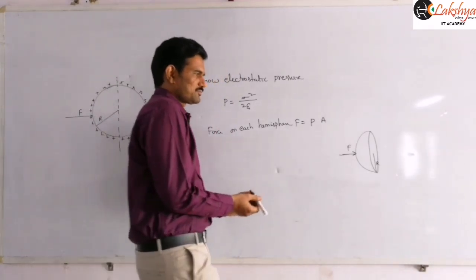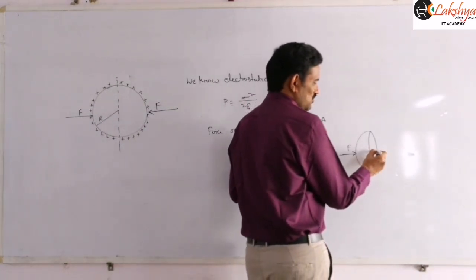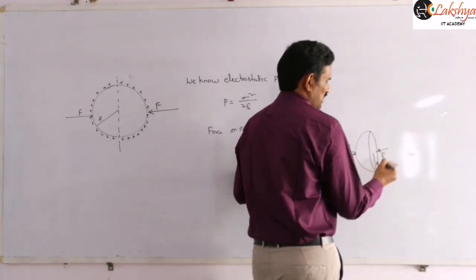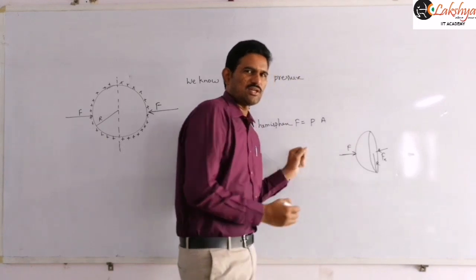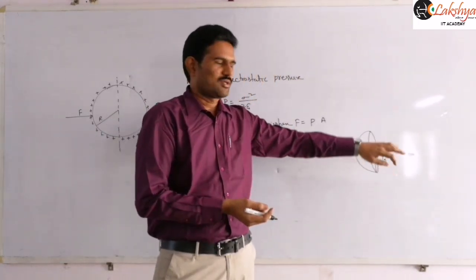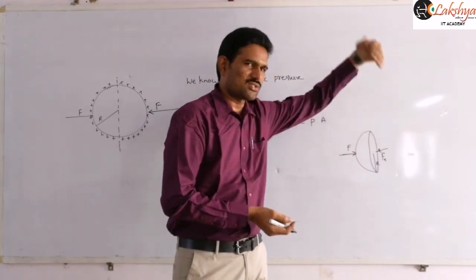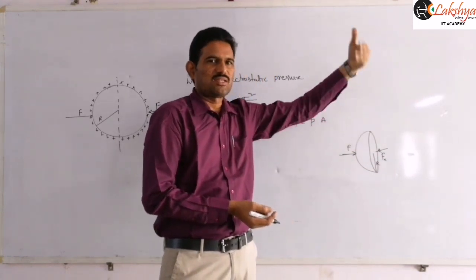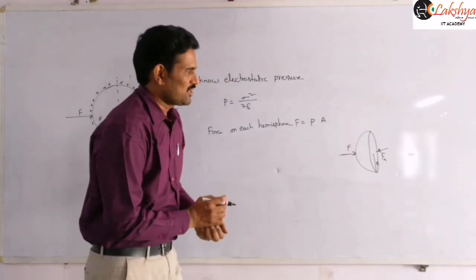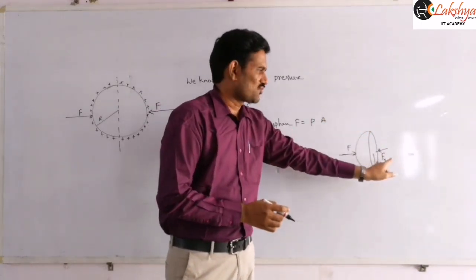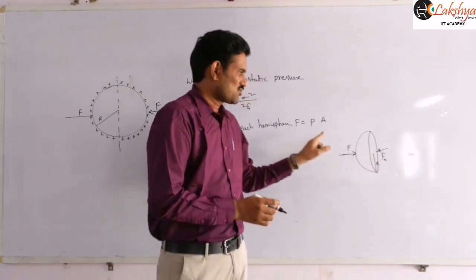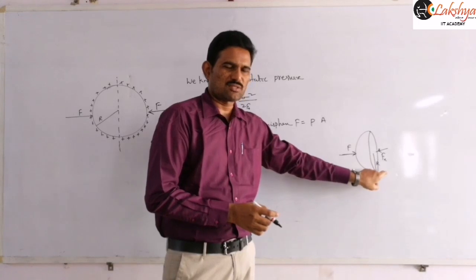The electrostatic repulsive force will act along this direction. This electrostatic force is because of the other hemisphere, and we need to apply an equal amount of external force here. In equilibrium these two are equal. So we are calculating this force, as we know the expression for this.